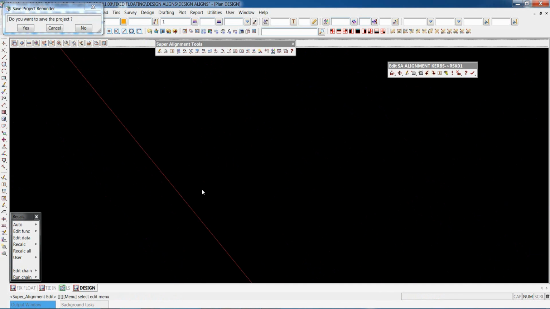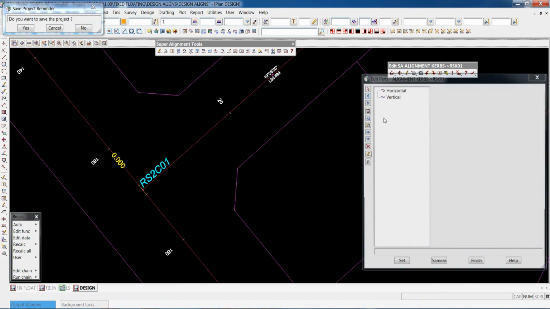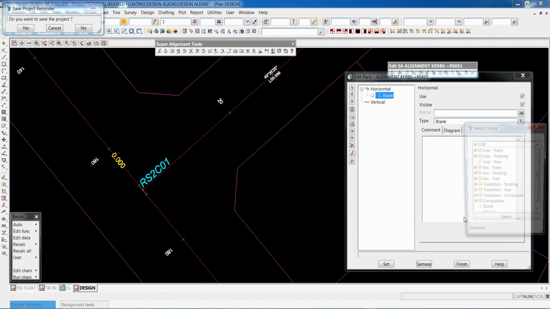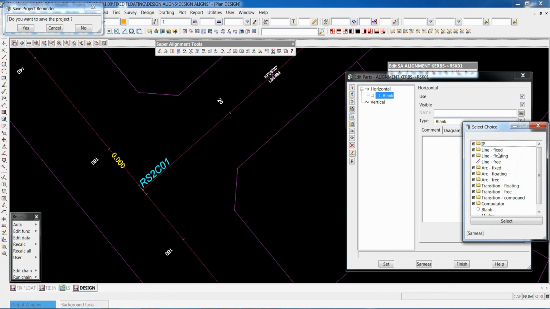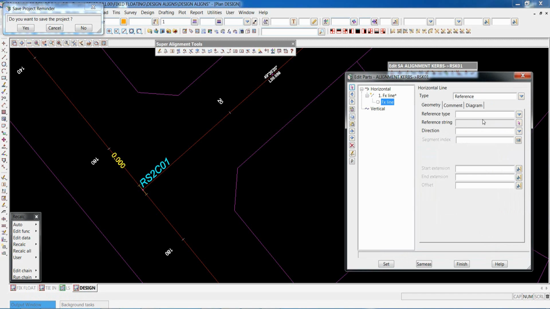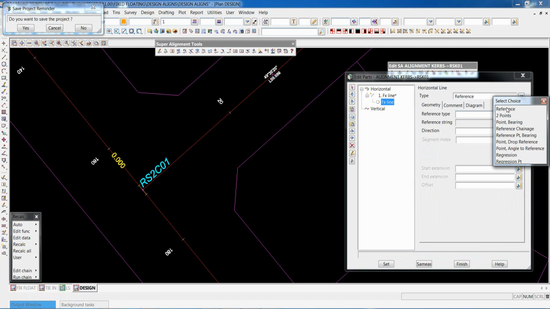Right, so if we did our curb return in the way that our main road geometry had been done, and if you're fairly new to the fixed and floating idea, you'd come into here and set up in the horizontal, insert that, and have a fixed line. But we're going to drop down now and do the same process using computators. In other words, it's the same underlying fixed and floating solving, but we're going to reference something rather than just picking 2 points in space. So we've got a fixed line, set. We want the reference, so we just want reference on here.